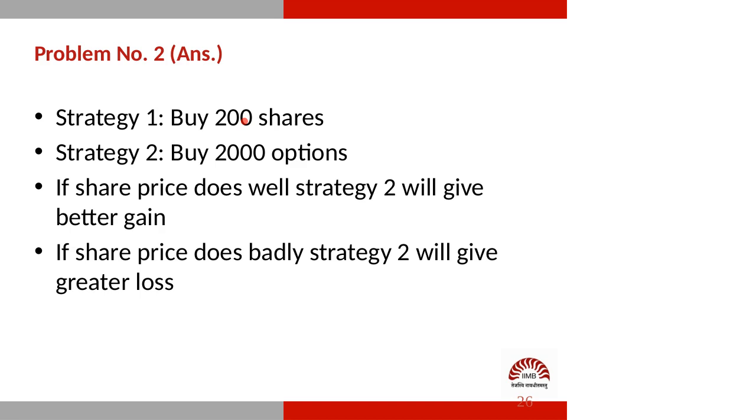Now, if the share price does well, if the share price goes up, the second strategy of buying 2,000 options will give me a much better gain. If the share price does not go up, if it goes down, so if the share price does badly, strategy 2 will give a greater loss as well. So if the market does well, strategy 2, which is buying 2,000 options, gives you